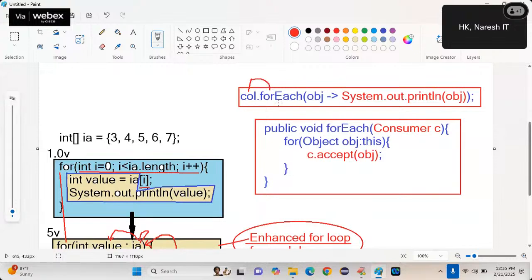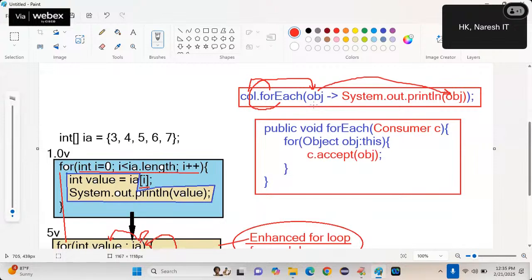What is this forEach doing? It is retrieving the objects. It has a for loop logic internally. It is retrieving objects from this collection and giving them to you as an argument. That argument you are going to use in your method logic, either for printing or for some other operations.